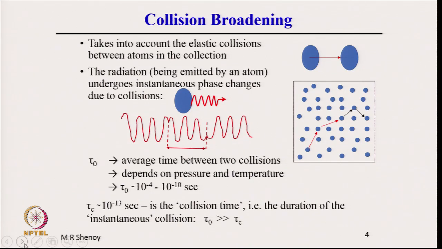All right. Another important type of broadening, which is also homogeneous broadening, is collision broadening. This takes into account elastic collisions between atoms in the collection. If you consider a collection of atoms, then atoms are continuously in a state of motion. For example, you take a gas, then atoms are continuously moving and they undergo elastic collisions with other atoms in